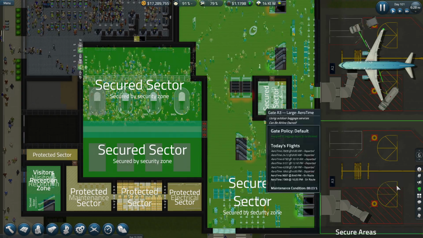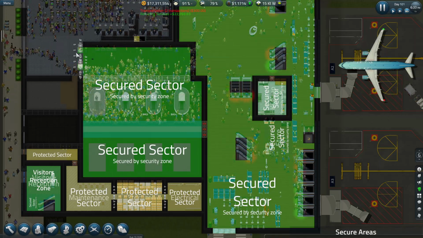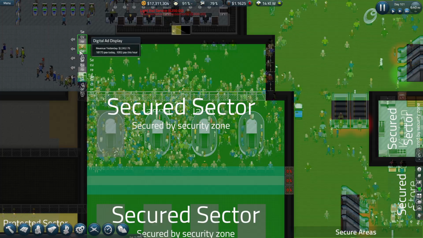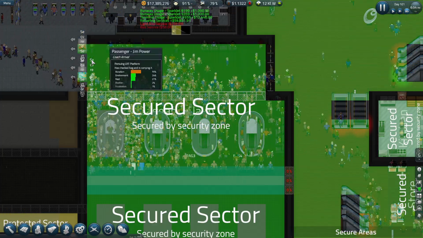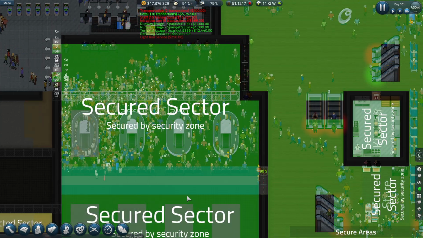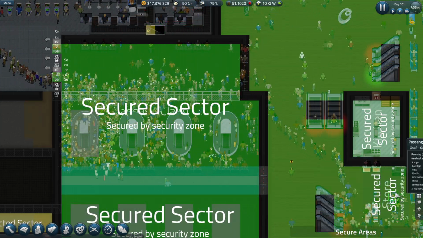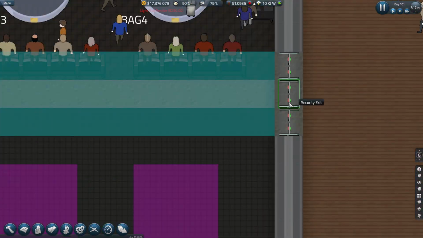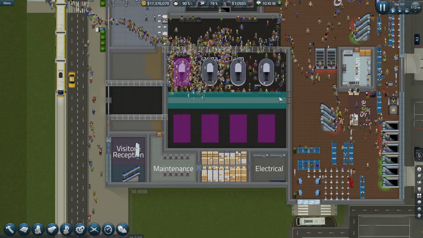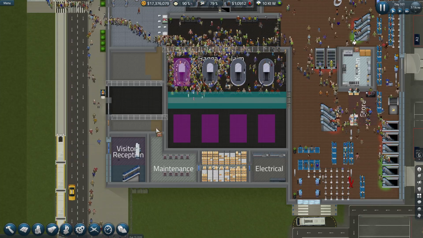Let's have a look. Secured areas. Yep, it's still secured, so that's fine. I still find it strange that these one-way paths secure it when it's not anything stopping people, but oh well, that's just how it is. Okay, go back to here, slow it down a little bit, and we've got our new exits, and what we'll do is people will walk through here and then out of the